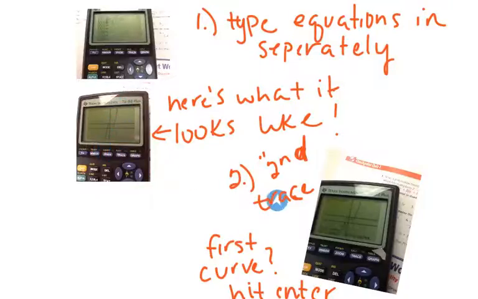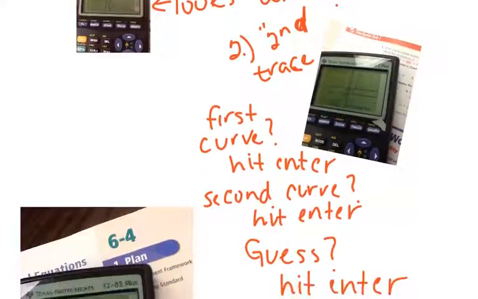So what we do is we hit second trace. Here's your second button, here's your trace button, and you'll get something that pops up that says first curve question mark. It just wants you to verify what you're trying to find. So your little dot on the graph will be on one of the curves. So what you do is just hit enter, and then another screen will pop up and it'll say second curve. So the dot now moved on to the second curve of the graph. So you're going to hit enter again, and then it'll ask you one more thing, guess, hit enter one more time,